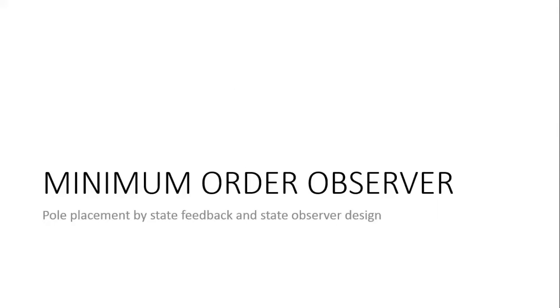In the previous videos I was talking about a full state observer, wherein if you had two states x1 and x2, we will be observing both the states x1 as well as x2. And if you don't want to observe a particular state, say x1, since it is already observable, you would only want to estimate the state x2. So in that case we call that a reduced order observer, and if we are observing the minimum number of states, we call that a minimum order observer.